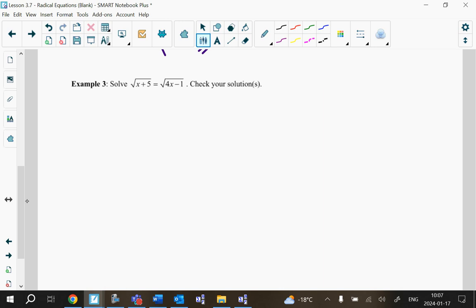It does. It's actually really easy. What do you think you'd do? I think square root. Yeah, because we got a square root on either side. What does it look like after we square both sides? X plus 5 equals